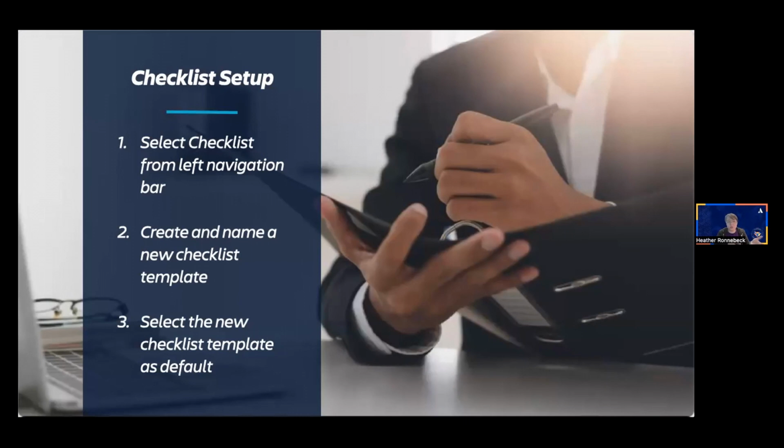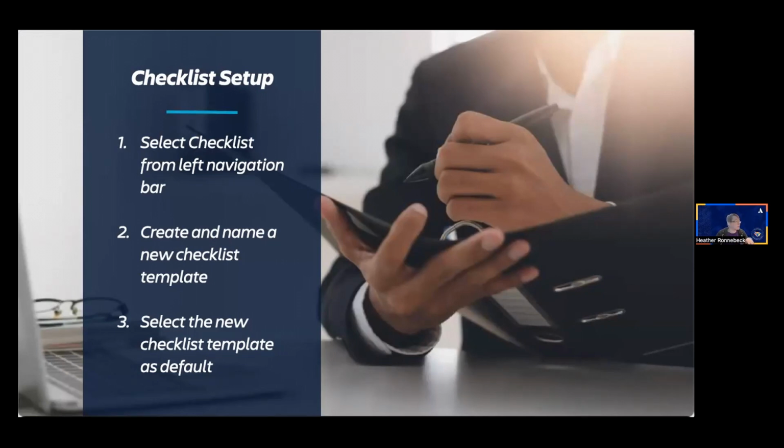Now, for the actual checklist setup, to ensure that only proposals that meet the minimum requirements are considered, you need to give the procurement team a checklist. We're also going to ensure that our checklist is set as a default template for all the subtasks in the project. For this use case, we'll be managing multiple procurements simultaneously, so templates can be added to subtasks manually.